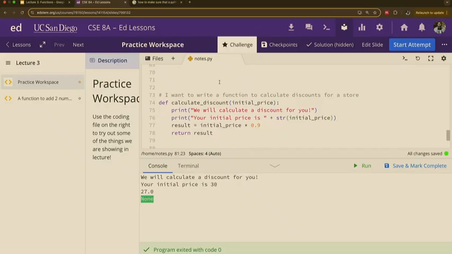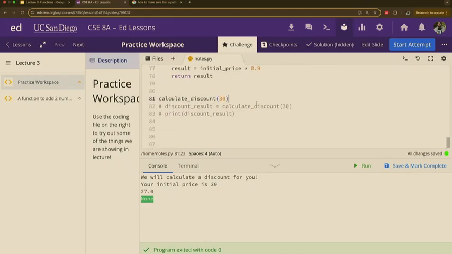Return result. What return does is it gets whatever is on the right side here. In this case, it's the result. It grabs it. This is our result. It grabs the result and it's going to give it to you, right? Let's assume, Tyler, say calculate discount. Say it out loud. Calculate discount. Okay, I'm calculate discount. I went and I did something and I got this. Here's your result. Thank you. Right? I didn't say anything out loud. I did all my work, I did everything, and I gave it to Tyler. Okay? Because Tyler called out calculate discount. So that's what it's going to look like here.